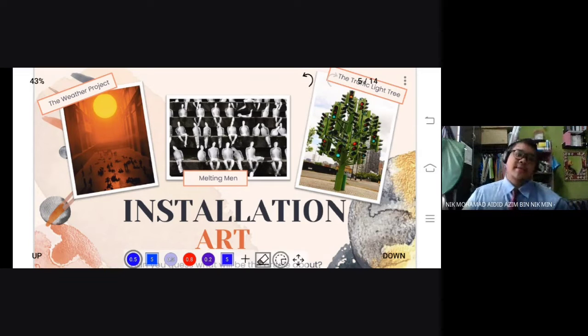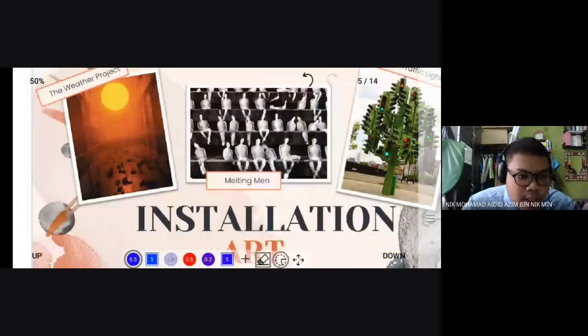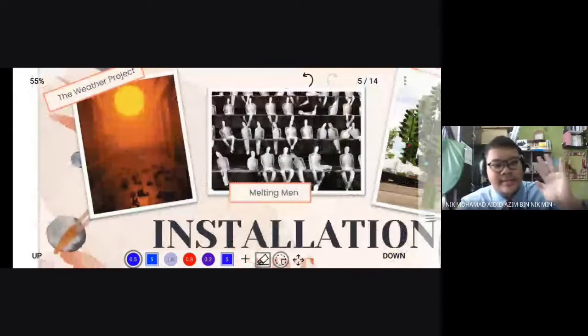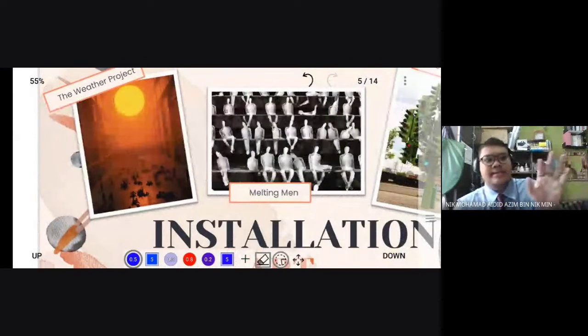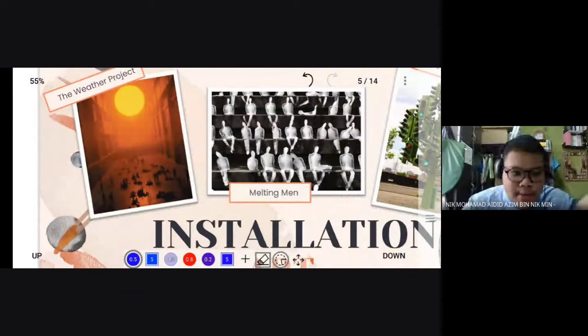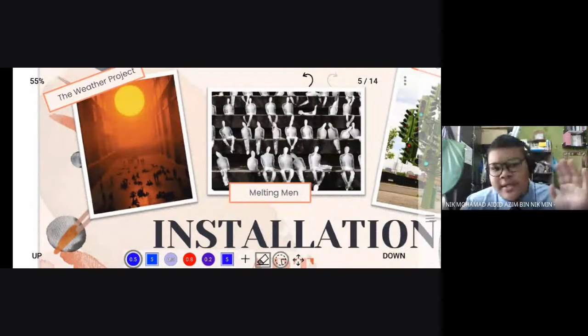From the pictures you can see here, the first one is the weather project. We can see a human there, and then we can see the sun. But we don't know what the weather project is, right? After this, you will know after you read the article. The next one is the melting man.